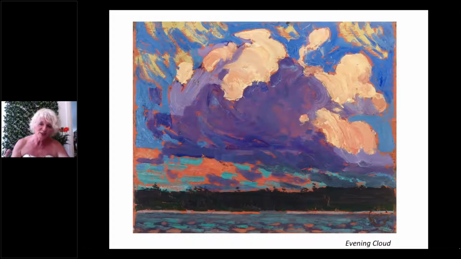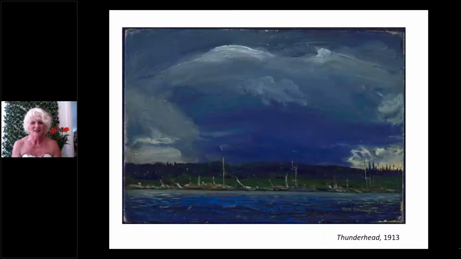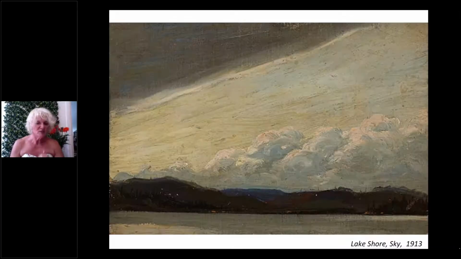He would paint good days. He would paint stormy clouds. This is called Thunderhead. Again, very different canvas for a very different sky, but that breadth. And look at the swirls, look at the motion that he's capturing on this canvas. It's not a well enough, I think, known image here that we're looking at by Thomson. He would paint storms on the horizon.